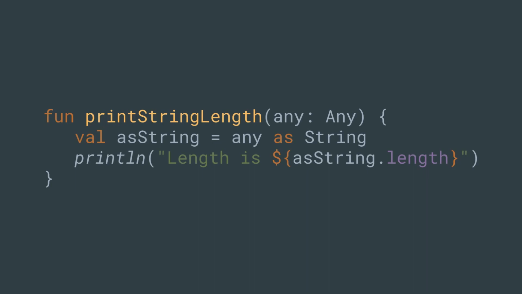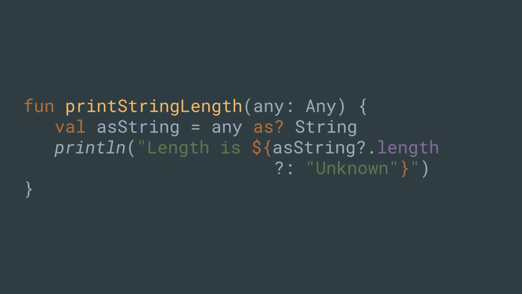And this is how you directly cast something to another type. Just like in Java, this will work, but will give you a compiler warning because it says, whoa, this is an Any and you're just assuming this is a string. You should be careful because if this is not a string, I'm going to blow up, and it does. So Kotlin gives you another nice operator. It's that as question mark. And what that does is that if any is of type string, the variable as string has the value of any cast to string. But if it isn't of type string, it just gives you null. So the actual type of as string is a nullable string.